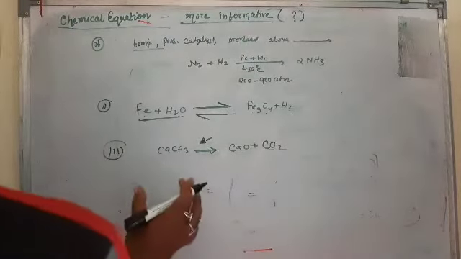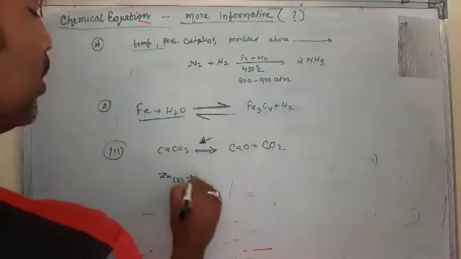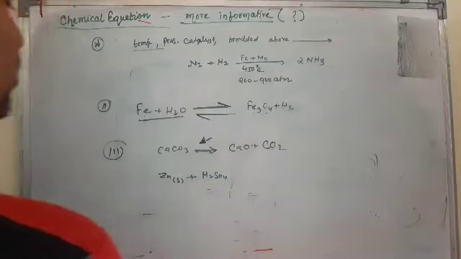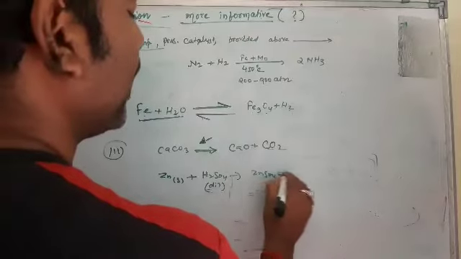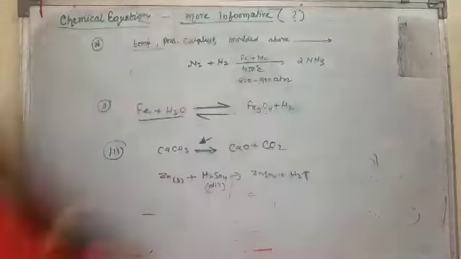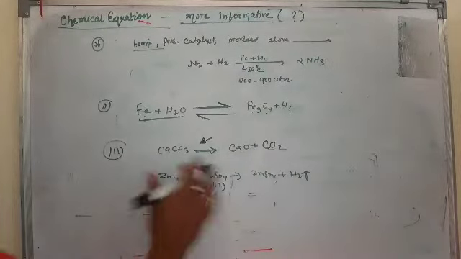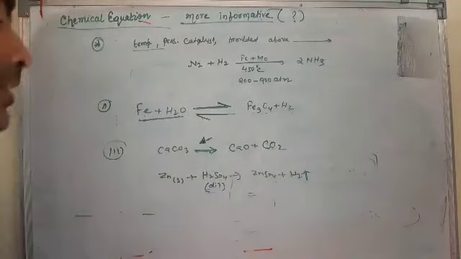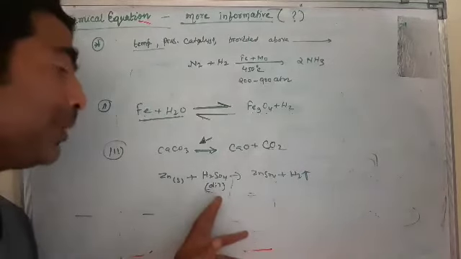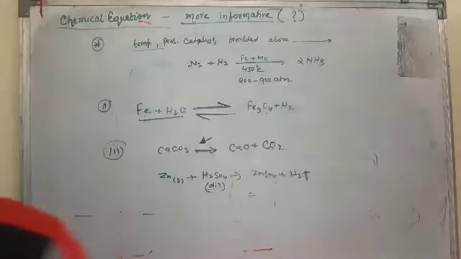What type of reactants do we use, in a solid state or aqueous state? Suppose zinc solid plus H2SO4. What type of acid do you use? You use dilute acid, then it forms ZnSO4 and H2, and the arrowhead shows it is a gas. So I make it more informative. Zn is a solid substance, and for the acid you take dilute or concentrated acid. Here we use dilute acid, so it becomes more informative. Then hydrogen gas is released, so hydrogen is a gas, and we use the upward arrow.